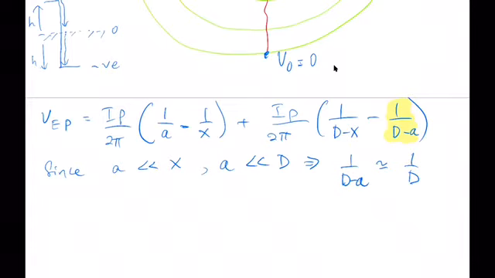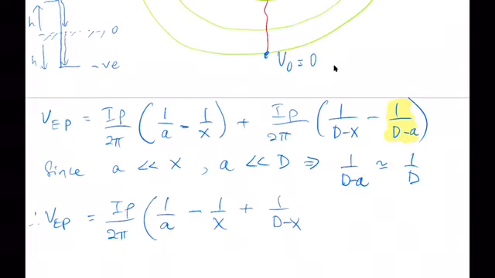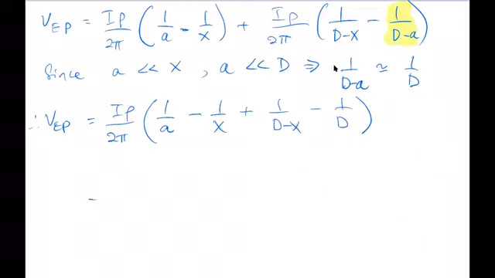So then I can combine this into one term: 2 pi, 1 over A minus 1 over X plus 1 over D minus X minus 1 over D. Agree? Yeah. Okay, now we're going to bring